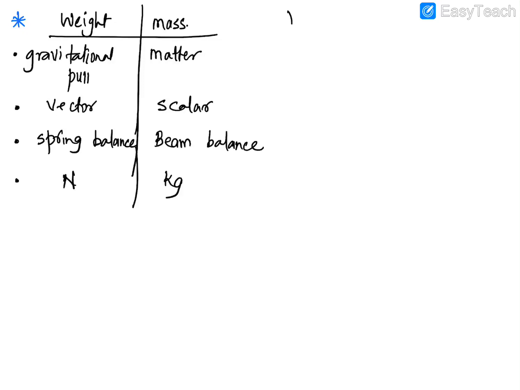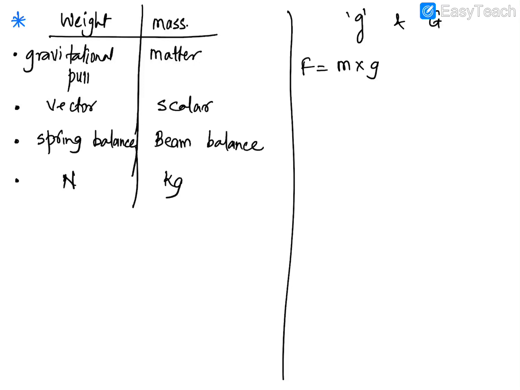Okay. Another thing which is also very important is about the relation between small g and capital G. So see, small g is what? Acceleration due to gravity. And what is capital G? The gravitational constant. Now, as we know, what is the force of gravity acting on any body? It will be M into A or M into g, mass into gravity. And according to Newton's law, what is the force exerted on any body? It will be equal to G into M